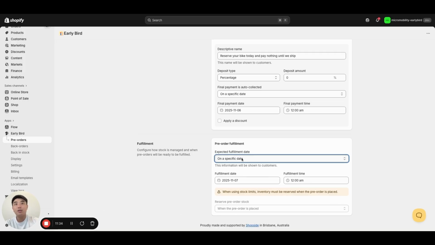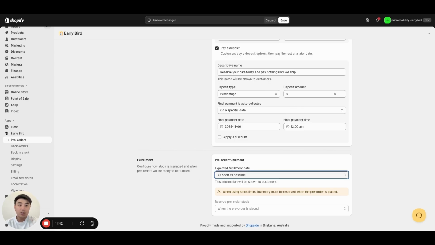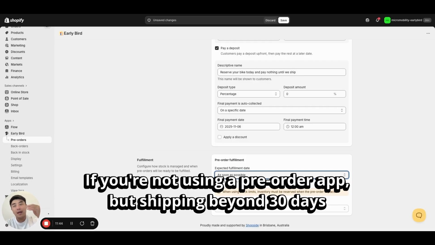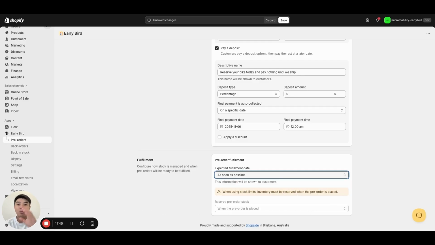So that's the difference between on a specific date and as soon as possible. And then if you choose, actually, let's continue talking about as soon as possible first. So if you're not using a pre-order app, and you're shipping beyond 30 days, that's when it waves a